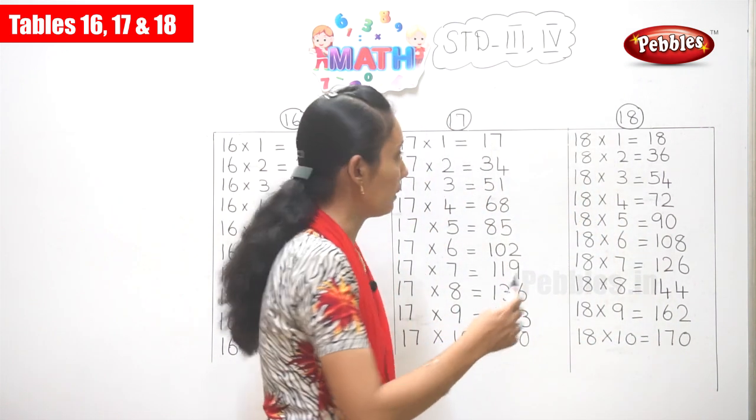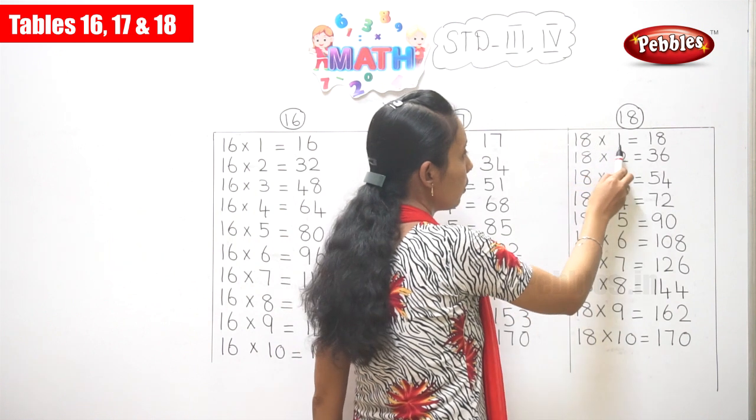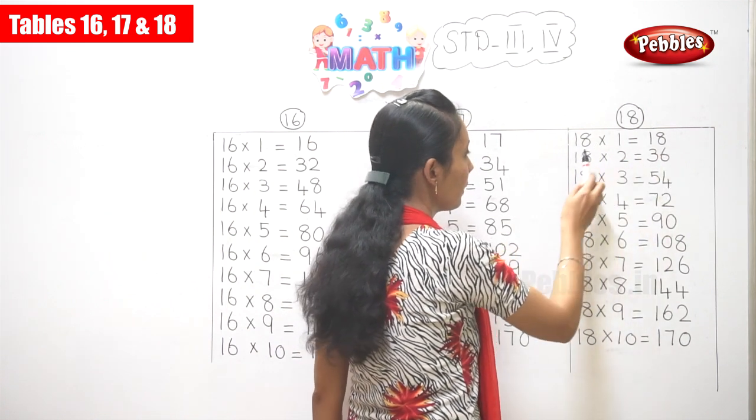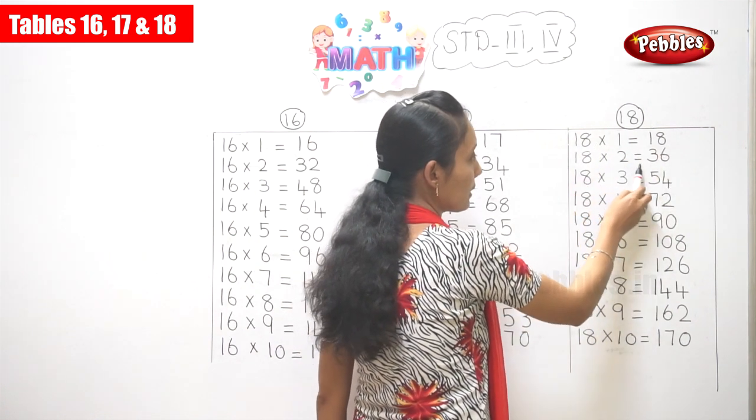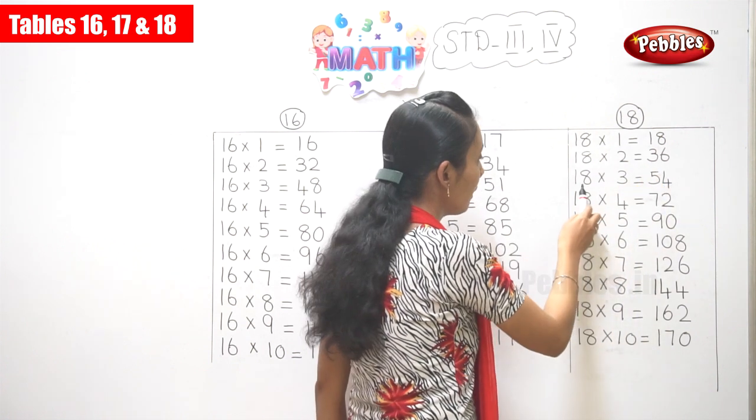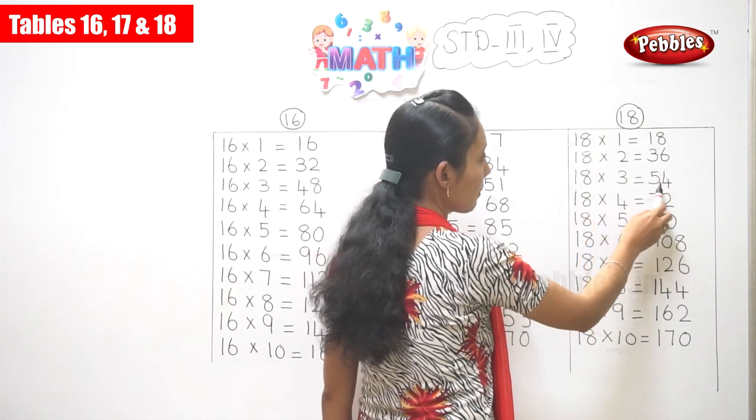Okay, അതായത് 18 ഇൻറ്റു 1 സമം 18, 18 ഇൻറ്റു 2 സമം 36, 18 ഇൻറ്റു 3 സമം